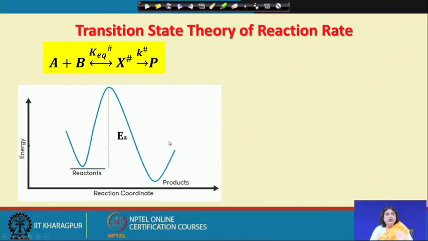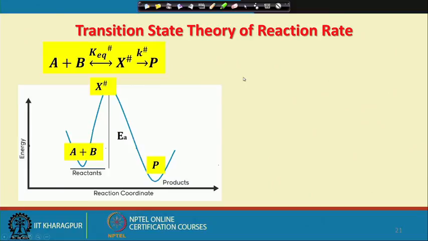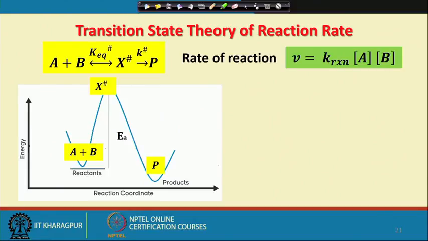Therefore, in this picture, this minimum corresponds to the two reactants A and B, and then this maximum corresponds to the formation of the activated complex X dagger, and finally, the second minimum in this profile corresponds to the product or the products. Here there is only one product P. So, once we have established this kind of a picture, in that case the rate of the chemical reaction can